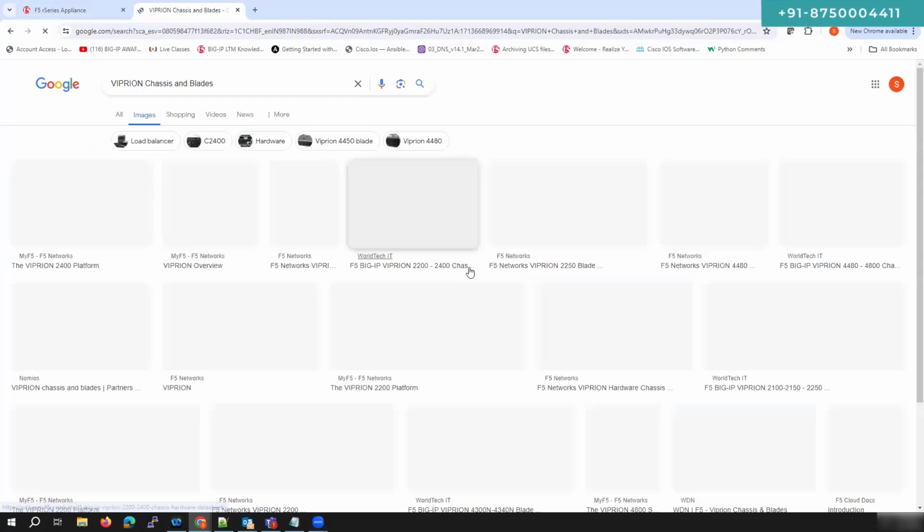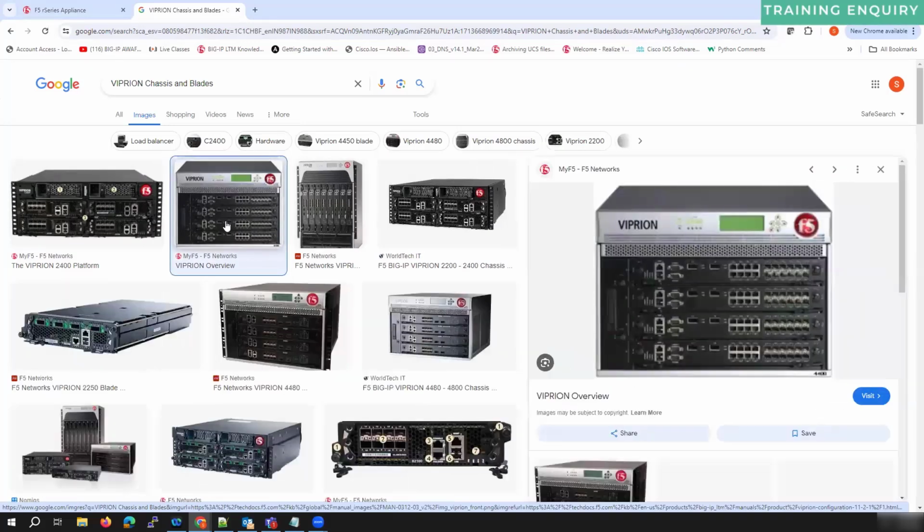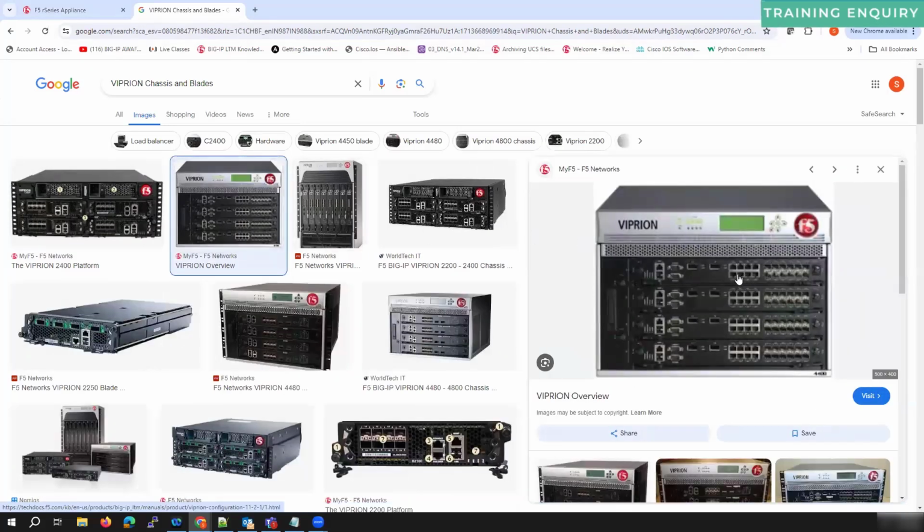So if you look at the images now, it's like, wow, right? F5 network, Viprion chassis. So how many slots you see there? There are four slots, right? And there are four modules installed there, the four blades, basically, I would say, right? So this is chassis,